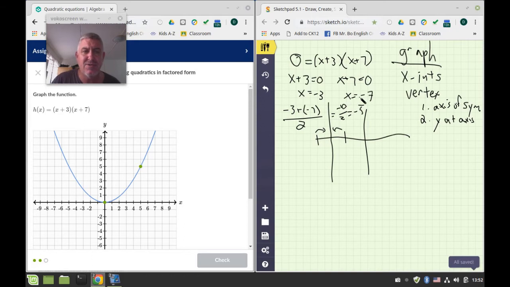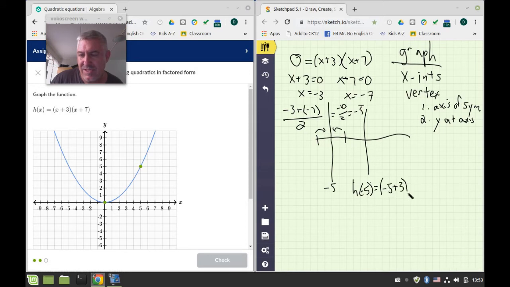If you can do this in your head, that's great. But I always tell my students, if you're not sure, if you can't keep it in your head, write it down. Keeping it in your head is great, but it's easy to make mistakes in our head. So if we start getting even 90% sure, we should write it down. So this is at -5, and now I want to find the y at this point. So h of -5 is